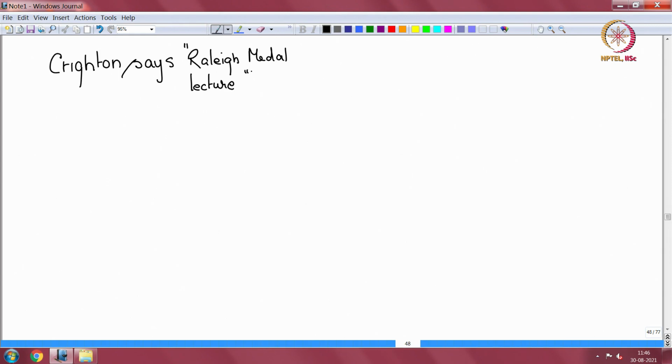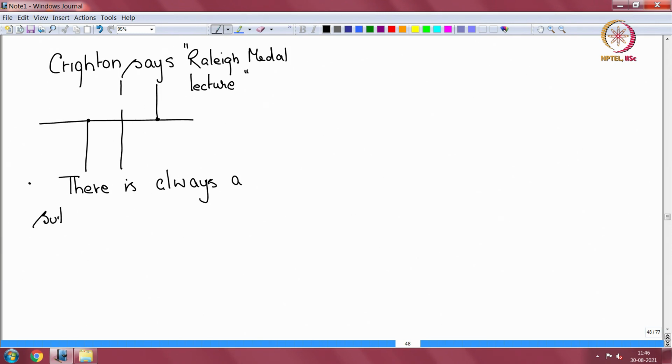It's interesting if one can read and follow that literature, but as an introductory course it's best avoided at this level. So finally we'll go with what Crichton says, and Crichton uses this vertical cut, and what he says is that there is always a subsonic K root, and that K is near Kp for m less than 1, and that K is near K0 for m greater than 1,